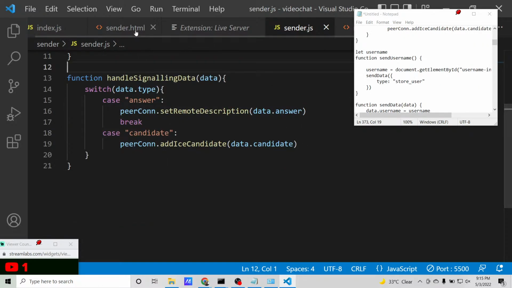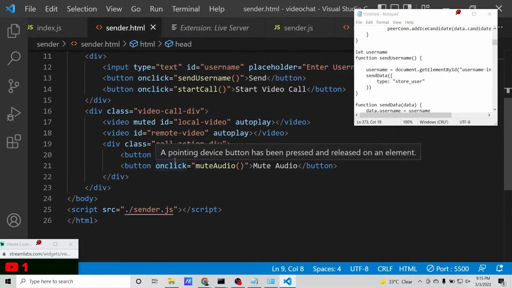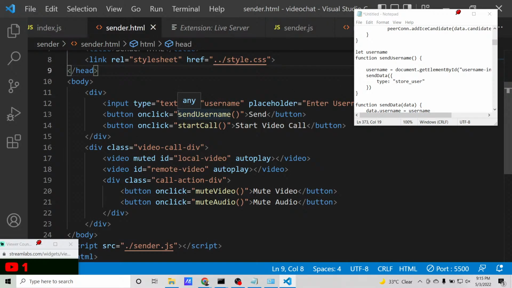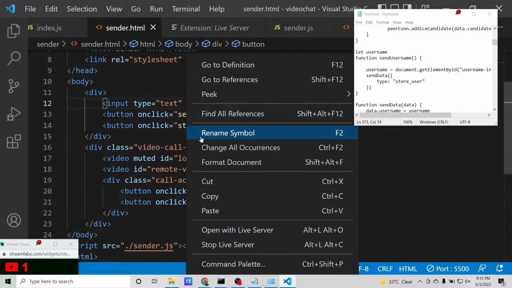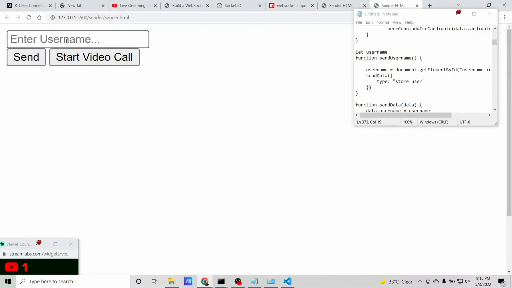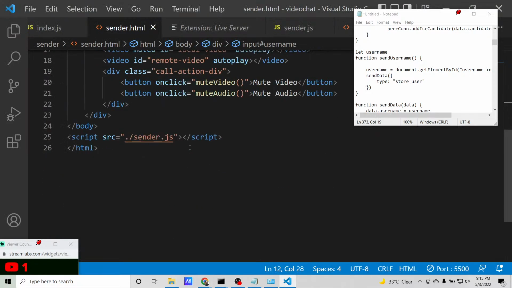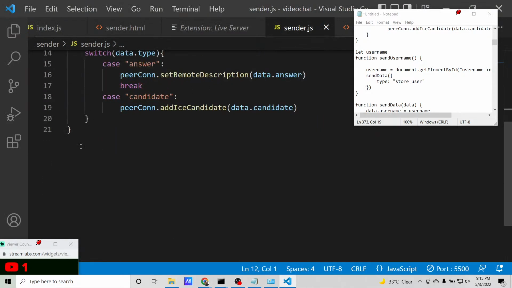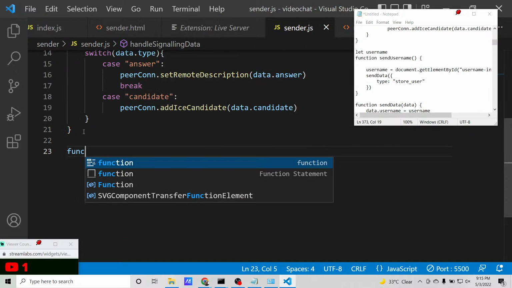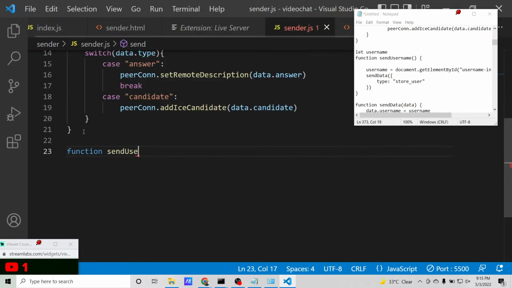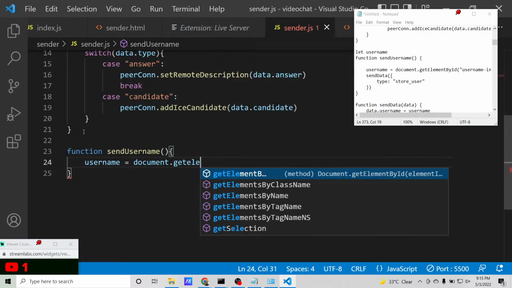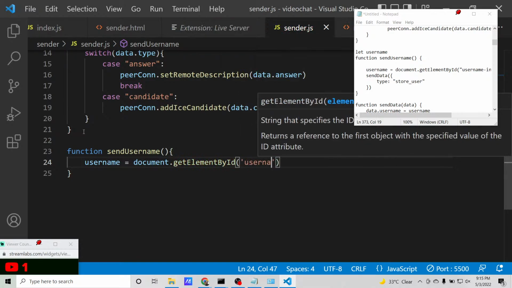So after this, guys, we will be writing this method which will be sendUsername. So basically when you click this button, whatever you enter as the username, click the send button, you need to send this username back to the server. So here we need to write this method which is sendUsername. For this we will simply say username, document.getElementById username